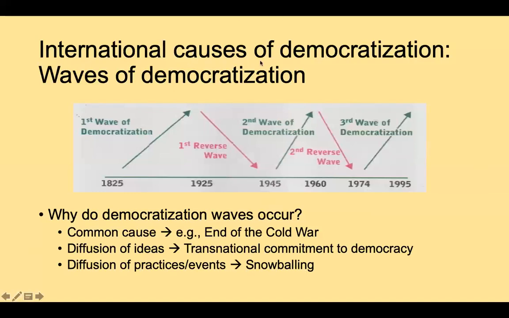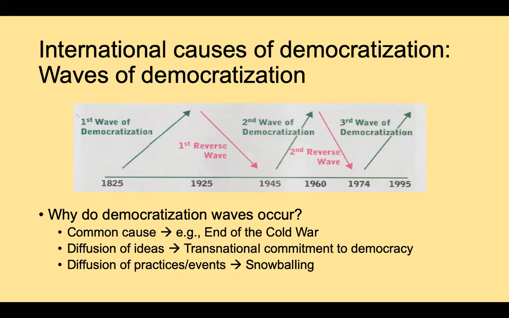We can talk about waves of democratization as well. And these waves of democratization are basically groups of democratic transitions that happen around the same time and that appear to influence one another. These democratization waves can be traced as far back as the period between 1825 and 1925, when the first wave took place. The second wave took place between 1945 and 1960. The third wave took place between 1974 and 1995. And all of these represented groups of transitions. And these waves left behind fewer authoritarian regimes and created far more democracies.